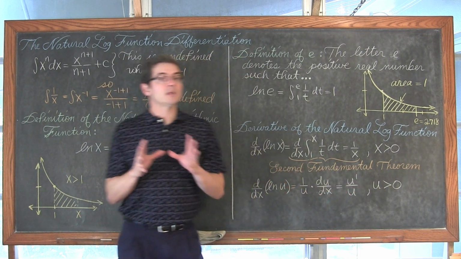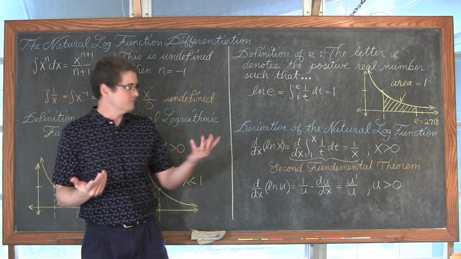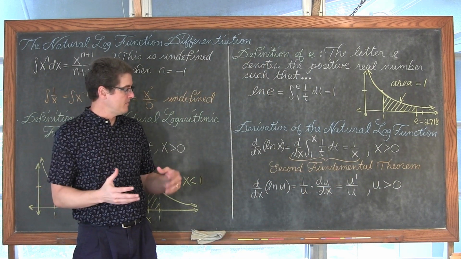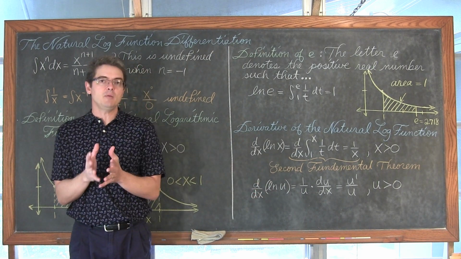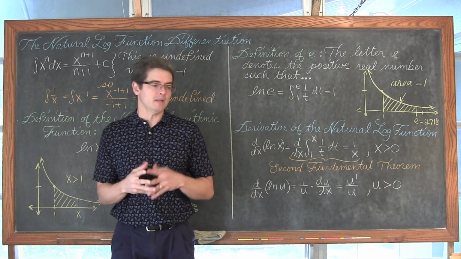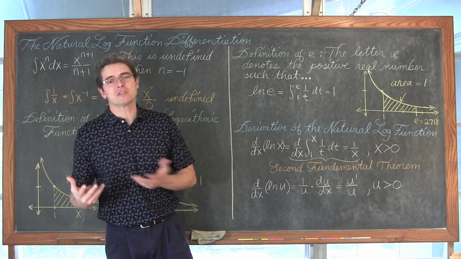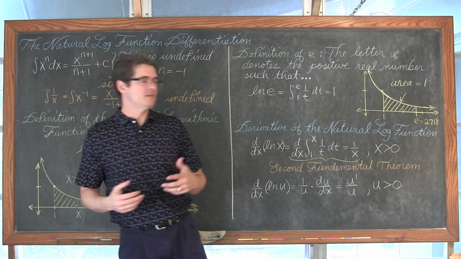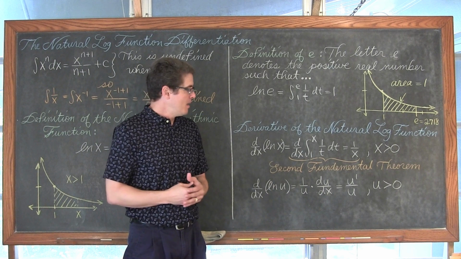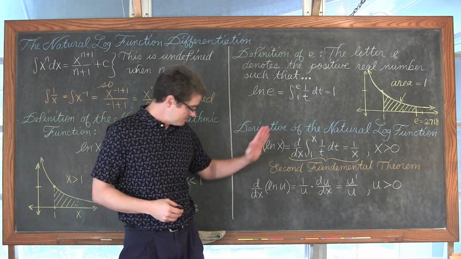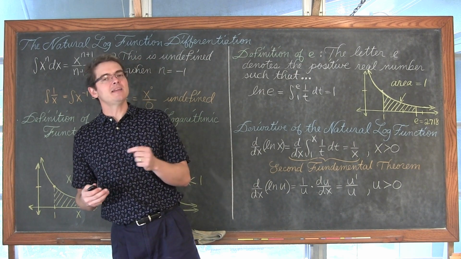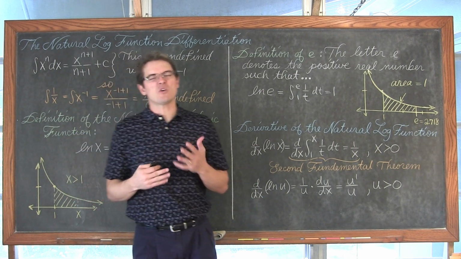This is really, really powerful, under the condition that u is greater than 0. You're going to have some pretty nasty looking problems that this is going to allow to be pretty straightforward when finding derivatives of functions with the natural log in them. Now, of course, it's calculus. We're always going to have some problems get quite complicated, dealing with power rule, quotient rules, having some radicals we have to simplify, trig functions, but it really does make finding these derivatives with natural log functions at least a lot easier than they could be. Relatively easy, we'll call it that.